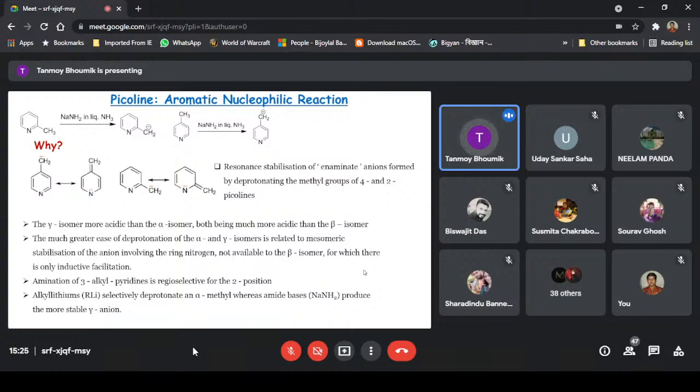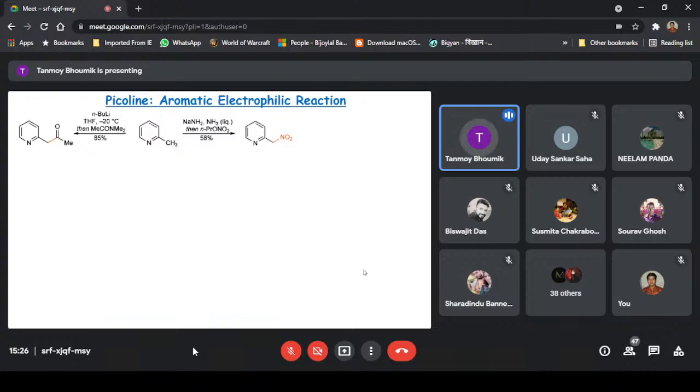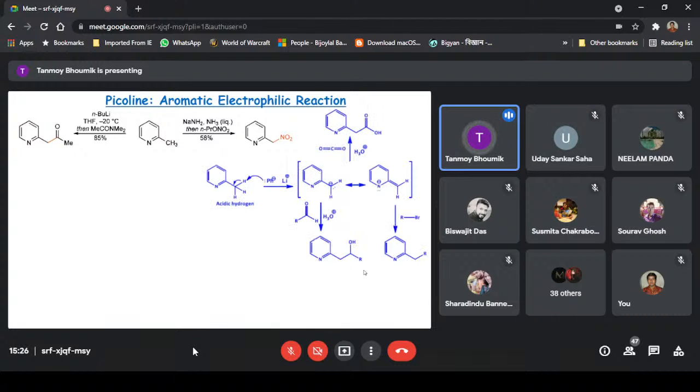Amination at the 3-alkyl pyridines has reduced selectivity at the 2 position. This is the 2 position, and the alkylation selectively deprotonates the alpha methyl, whereas the amide base produces the more stable product. And here, with the picoline, whenever the picoline is aromatic, the methyl group will